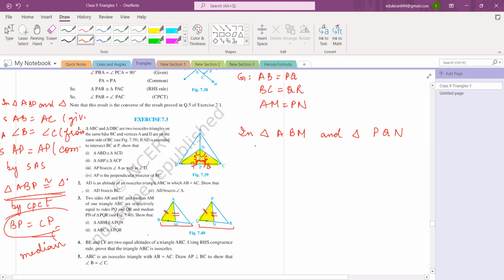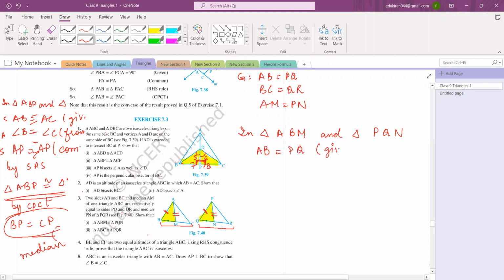Now Miraj, tell me. Yes, quickly. Save time. Tell me what is equal to what. That is how we write, isn't it? We write equal, equal, equal, equal. So tell me which side is equal to which side. See the two yellow triangles. AB is equal to PQ. Okay, very good. AB is equal to PQ, which is given.